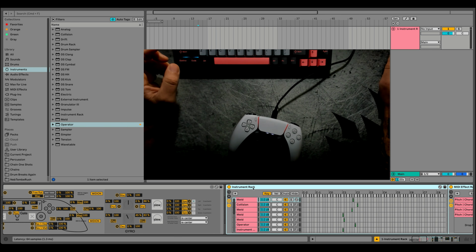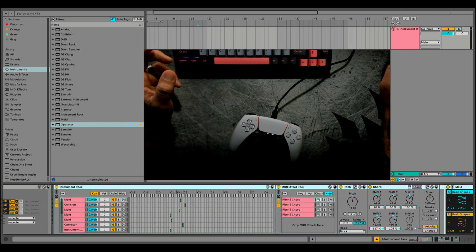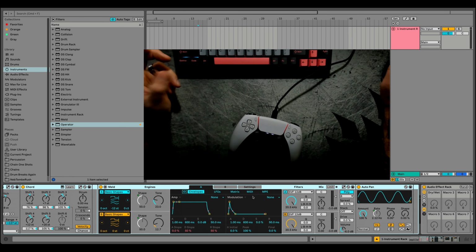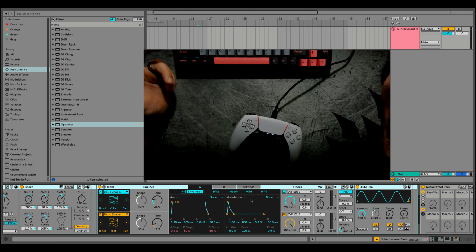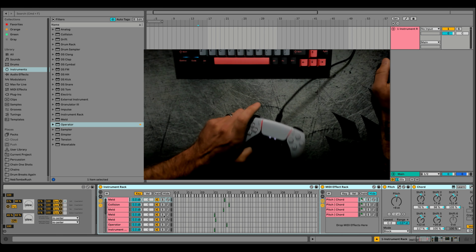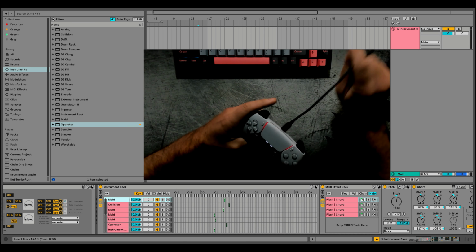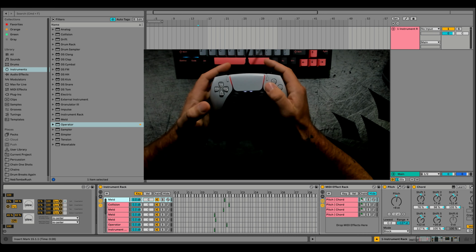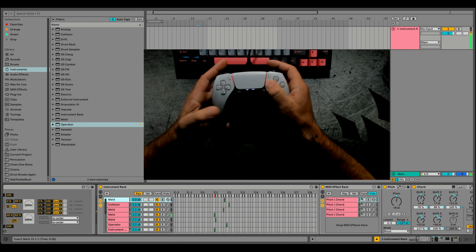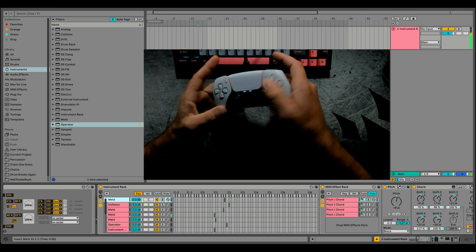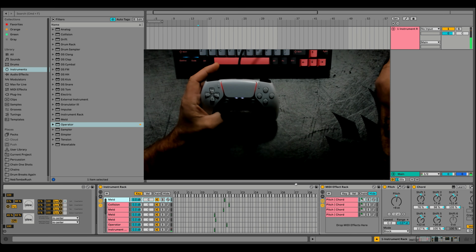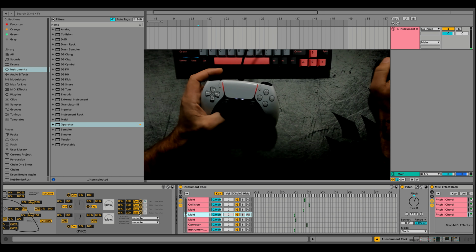Inside here is just an instrument rack and some effects and things like that. I'm selecting the different sounds. So this square is going to be a kick and a chord, and the bass. So how this works is